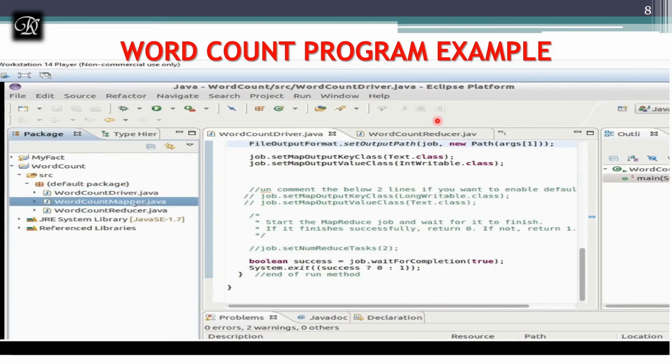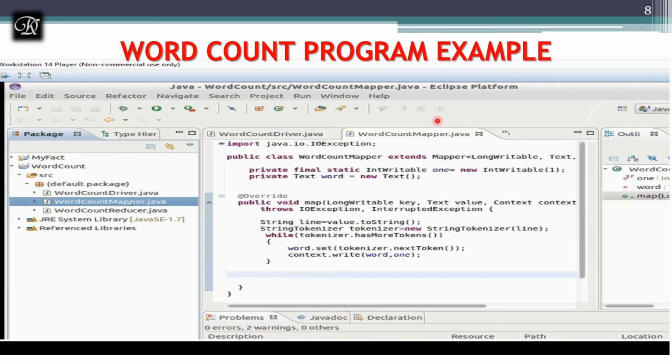So this is what I was talking about: the word count driver, which is going to have the main function that I am going to run, and the mapper and reducer will have the mapper and reducer classes. The driver will have the main class, and this is the mapper class which we have seen, right?